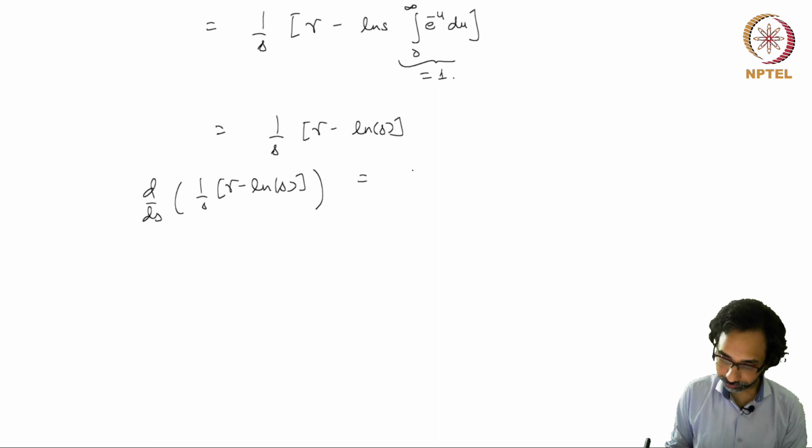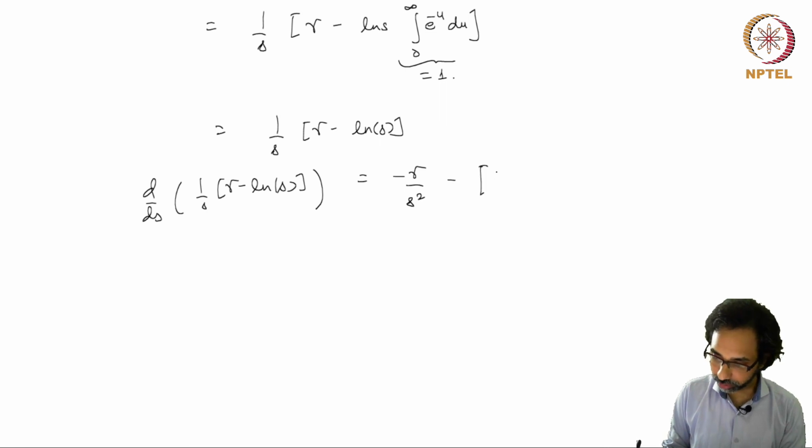This is equal to minus gamma over s squared minus ln s minus ln s over s squared plus 1 over s squared. So this is minus gamma